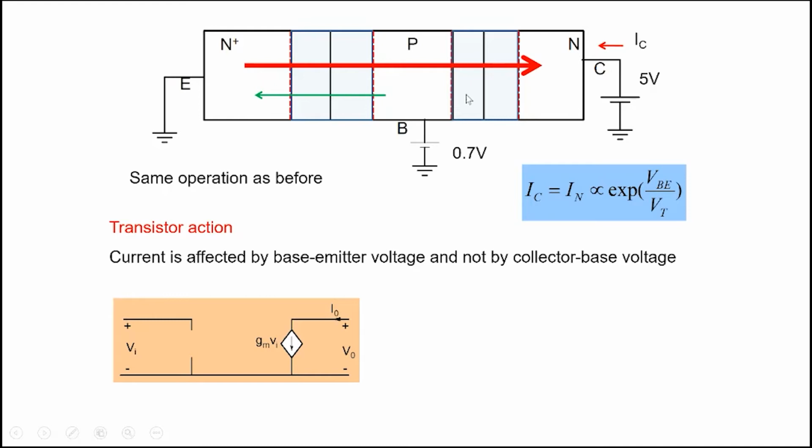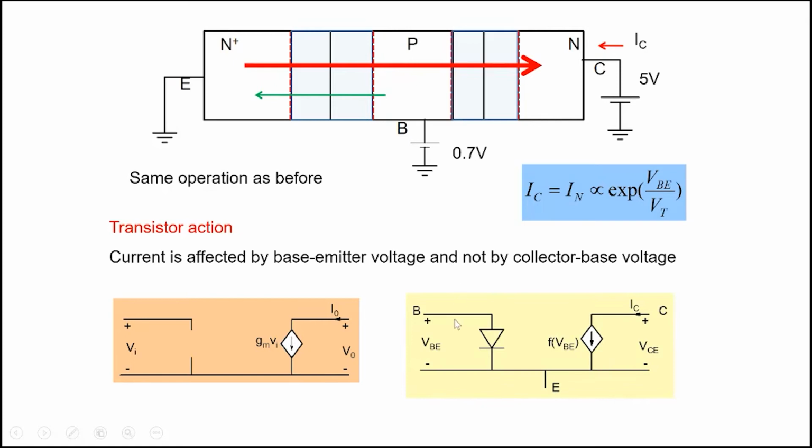While collector current has a lot of dependence on the input base voltage. So this was the transistor that we said an ideal transistor looks like. Our bipolar transistor looks more like this here. If we take the emitter as a common terminal, between base and emitter there's a diode. So we don't have an open circuit, we have a diode here. And between collector and emitter,